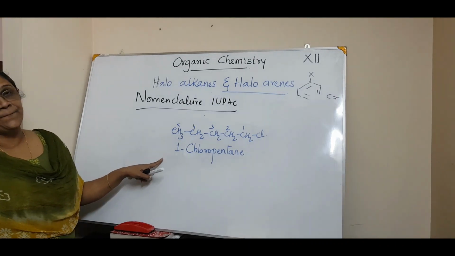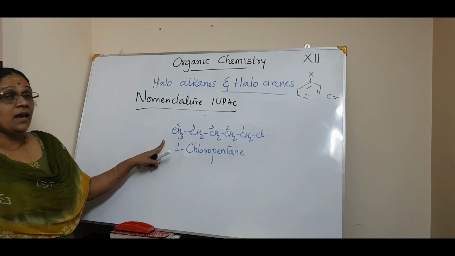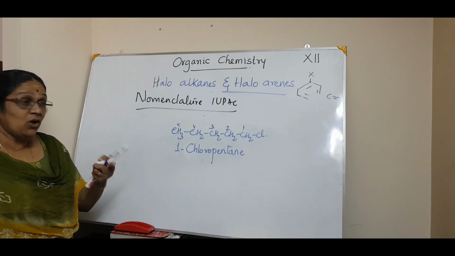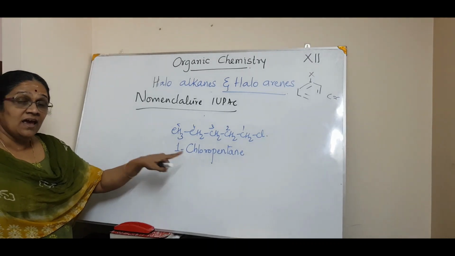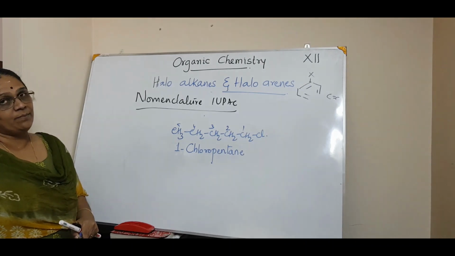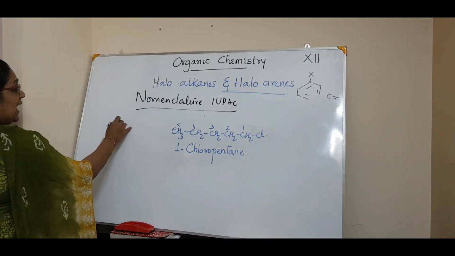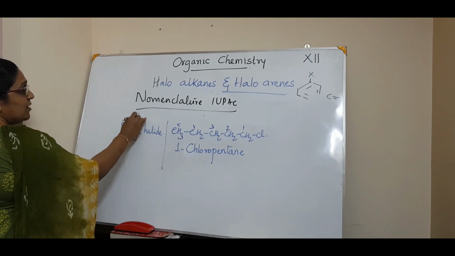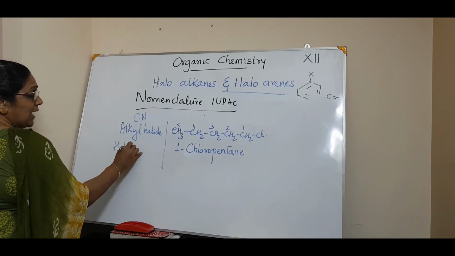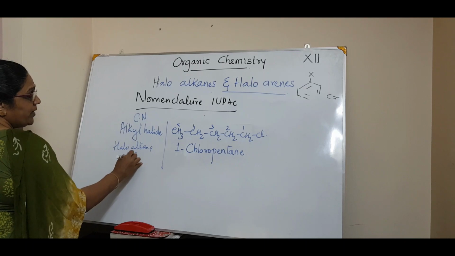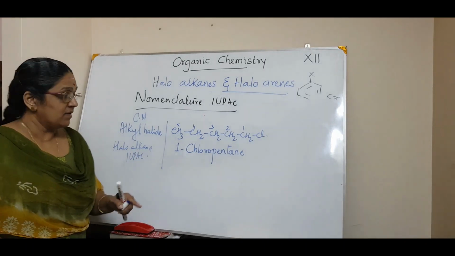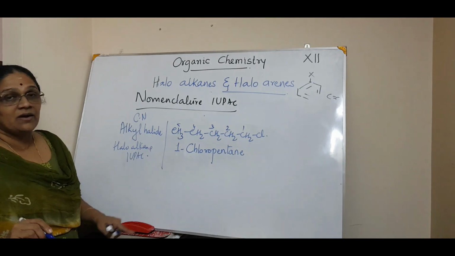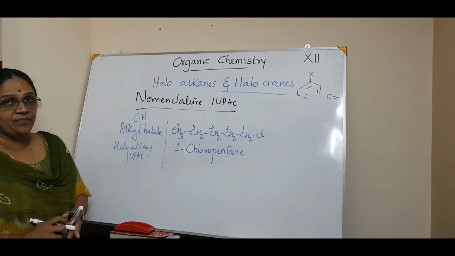What will be the common name? Normal pentyl chloride. Alkyl halide. Haloalkane will be the IUPAC name and alkyl halide will be the common name. Listen, you got it? Write it somewhere. Alkyl halide is the common name and haloalkane is the IUPAC name. Just scribble it somewhere. This is how the pattern goes. So do some exercises in this, and I will give you homework so that you can do it.